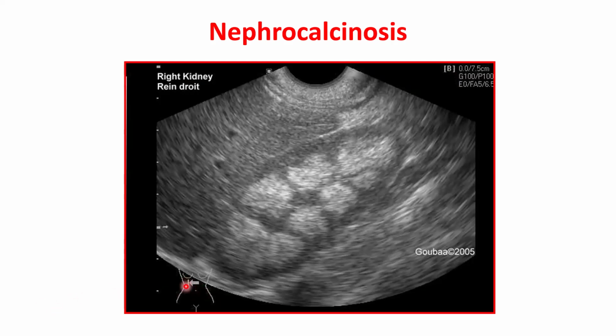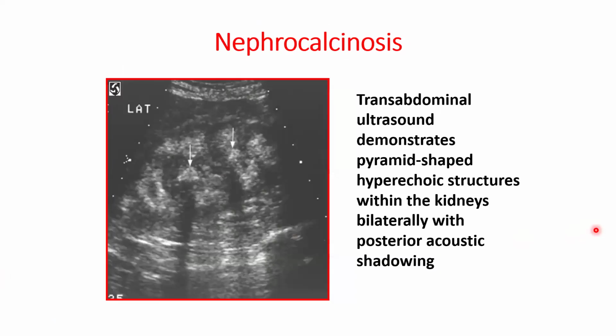So this is a longitudinal ultrasound of the right kidney. Okay, this is the liver with the portal tracts, and this is the right kidney cut longitudinally, and these are the calcification, the nephrocalcinosis inside. Okay, type. Another transabdominal ultrasound here showing, you see, this is a longitudinally cut kidney, and here they appear